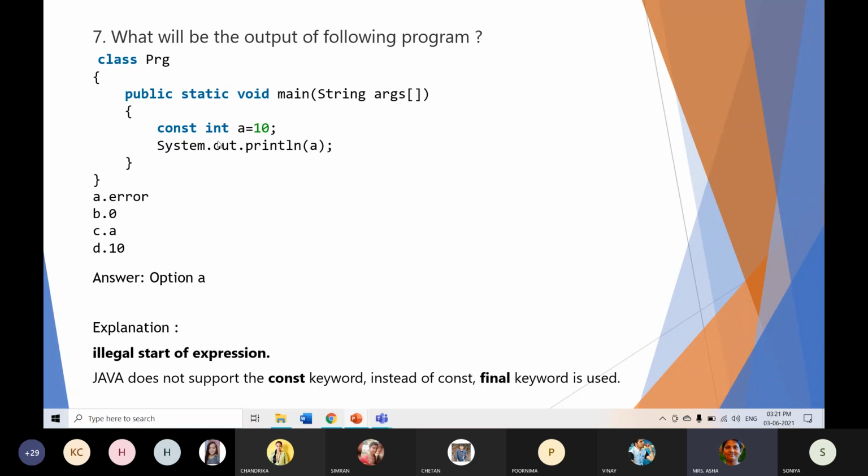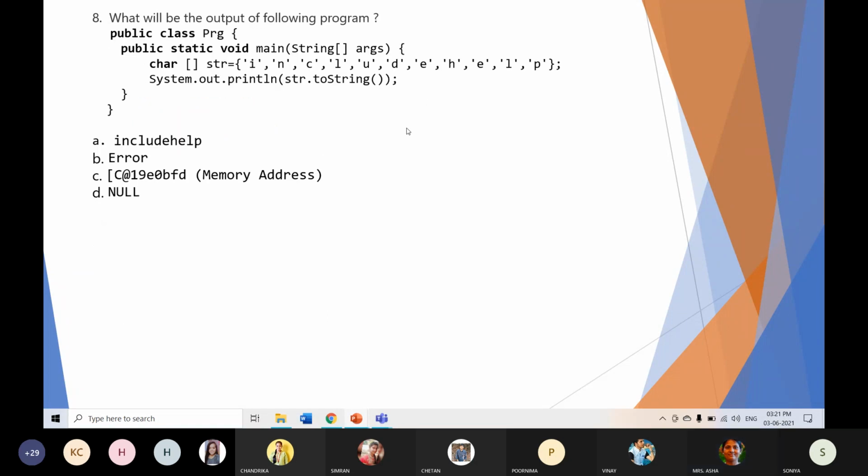Going to the next question. This is the last final question. What will be the output of the following program? Public class program, public static void main, string args, character array str is equal to includehelp, some letters have been given.